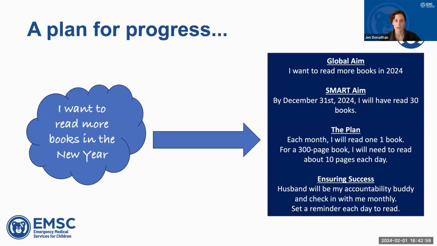But we want to whittle that down and really help define what it is in your work plan that's really specific, really pull out those specific change areas that you can set up a SMART aim to. So in the example of reading more books, by December 31st of 2024, I will have read 30 books. It's specific. It has measurement attached to it. I would say it's reasonably achievable. Gosh, I hope so. I would say it's also time bound. I'm giving myself the year to do this.